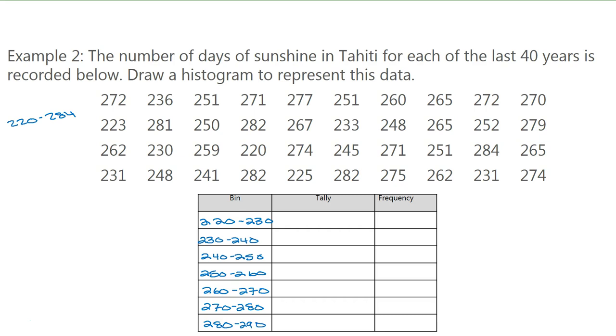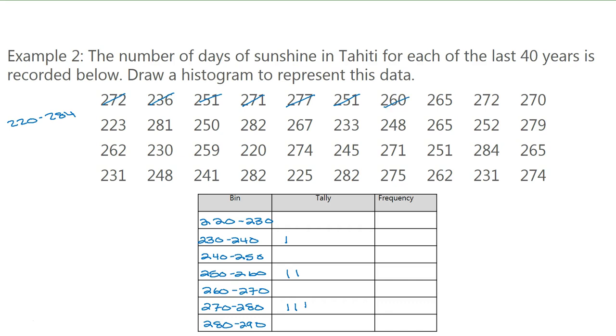So go through each number and put it in the appropriate bin. So 272, go here, 236, here, 251, 271, 277, 251,